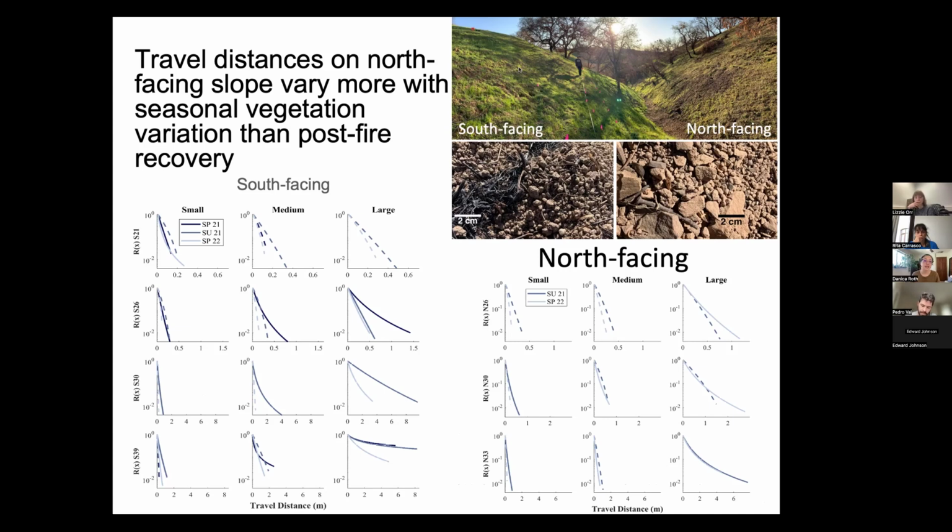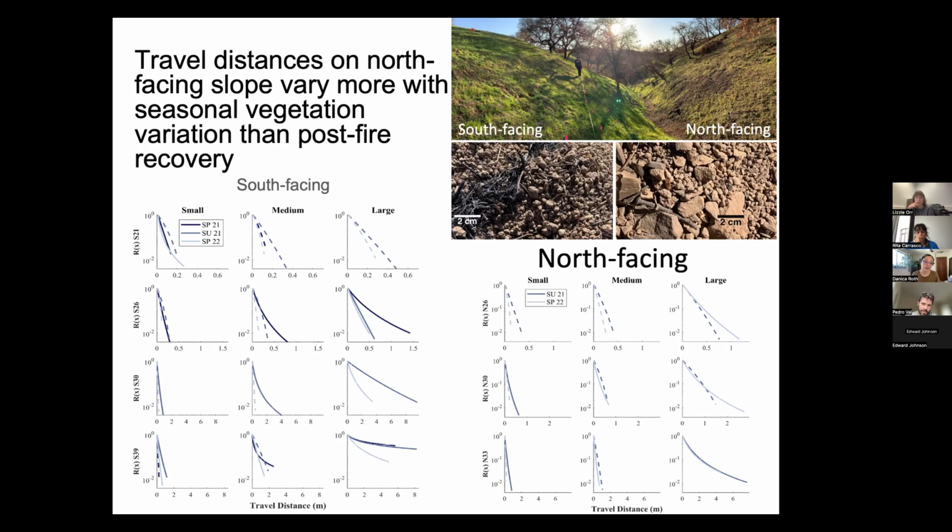There's an aspect-dependent moisture difference here, which is really common in particularly arid climates, Colorado and California and other places of the world, where the north-facing slope, due to solar aspect, retains more moisture, and therefore